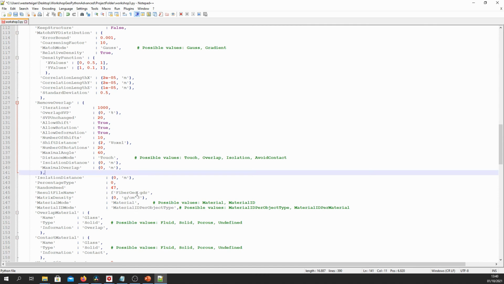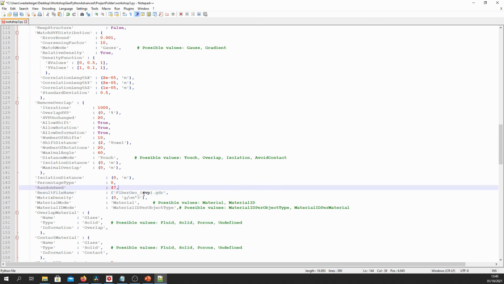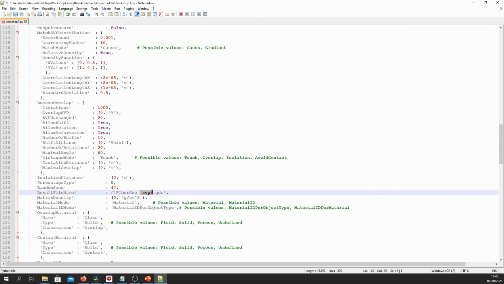And we write, instead of FiberGeo.gdr, we write FiberGeo underscore, and then curly brackets opening, SVP, curly brackets closed. What this will do is it will actually introduce this SVP value as part of the file name, as you can see here. So it will take the SVP and insert it in this part of the file name.